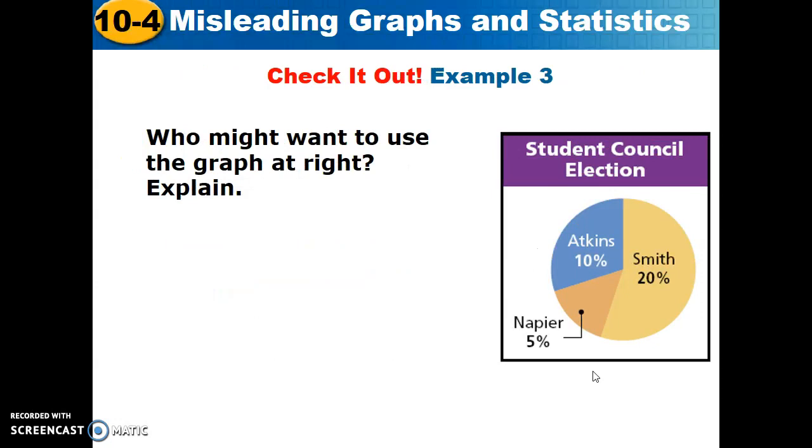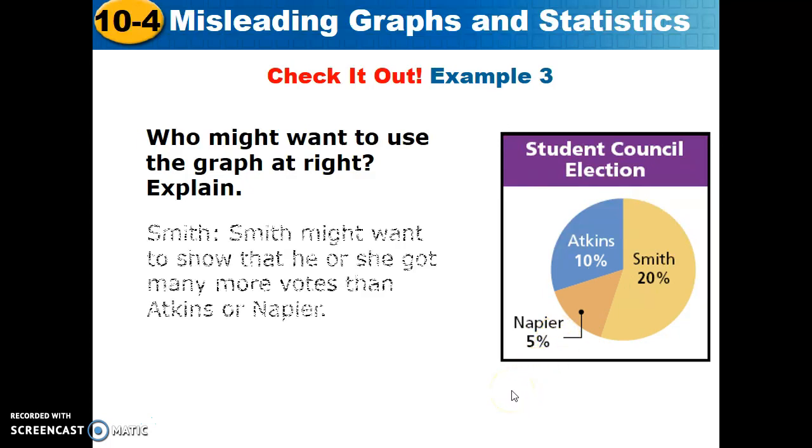Let's look at this check it out problem. Who might want to use this graph, right? So again, student council election, we have 3 kids. We're looking at the votes that they received. Adkins with 10%, Smith with 20, and Napier with 5. So if we add these up, we can see 35% of the votes still being expressed in a circle graph,